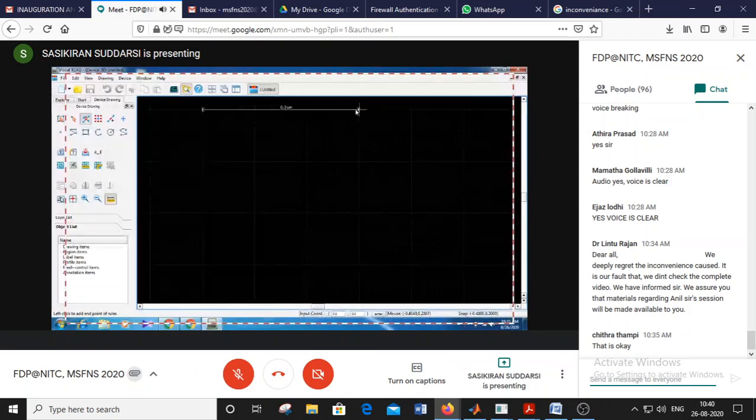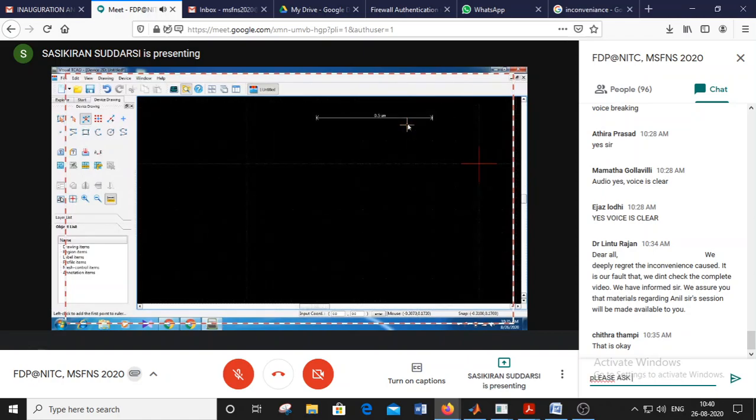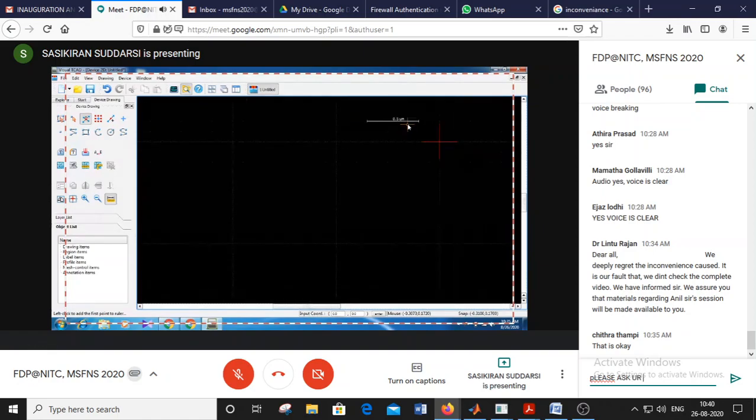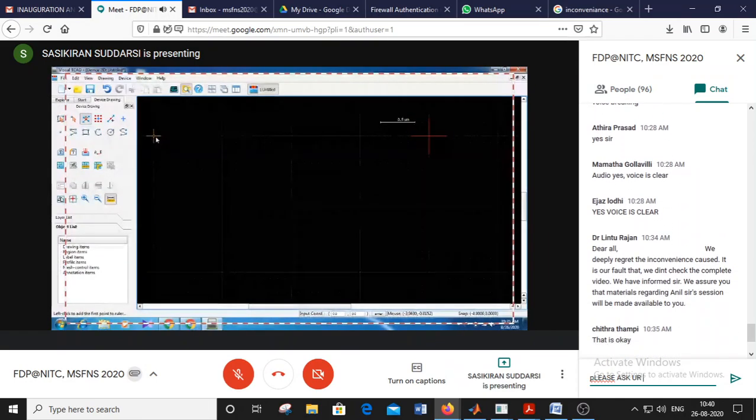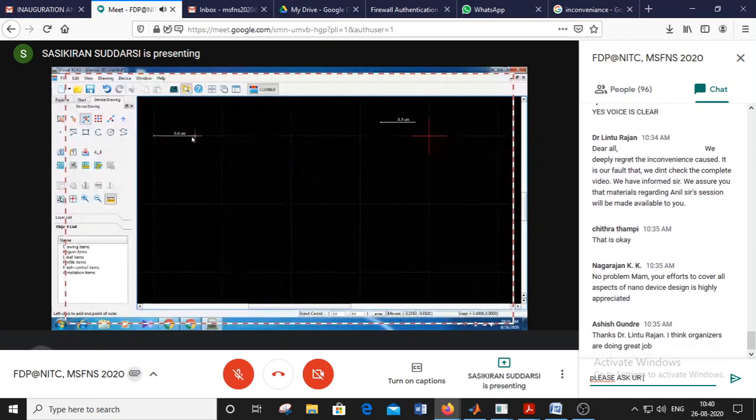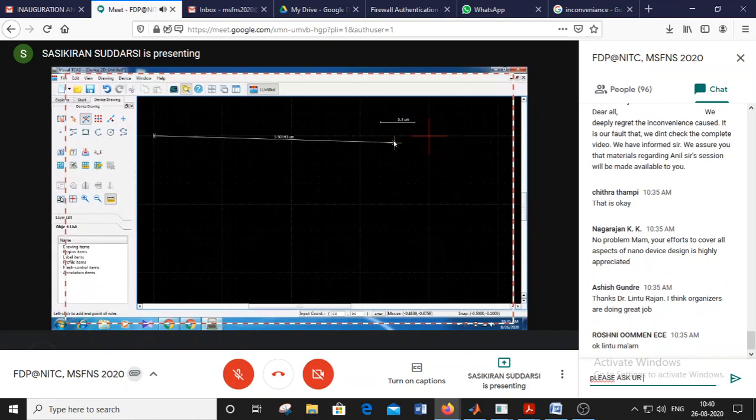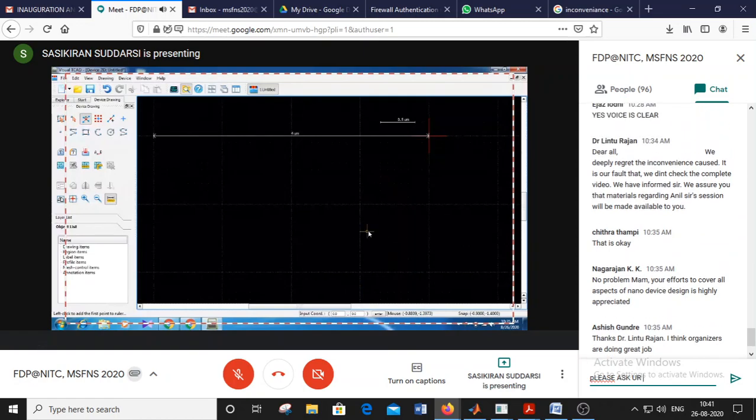We can extend this one. I think the space is not enough, so we can zoom a little bit here. So 4 micrometers. It's exactly 4 micrometers, right?